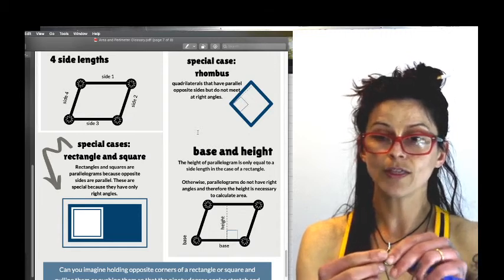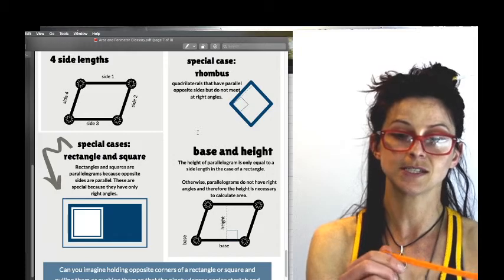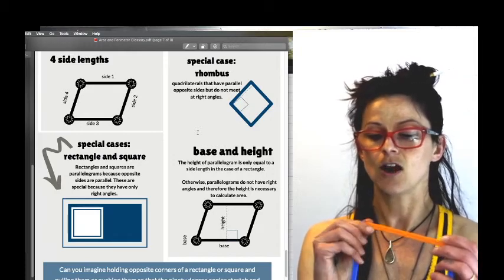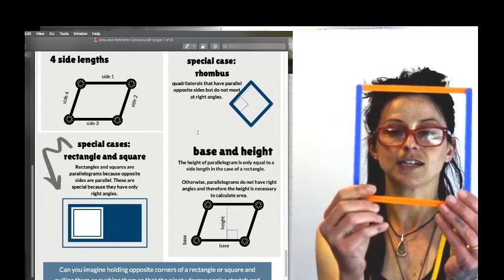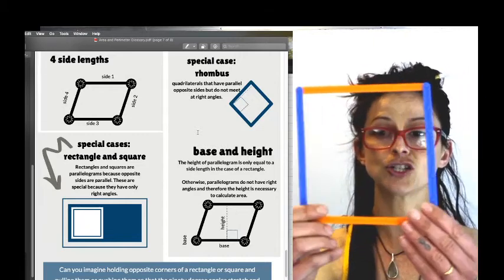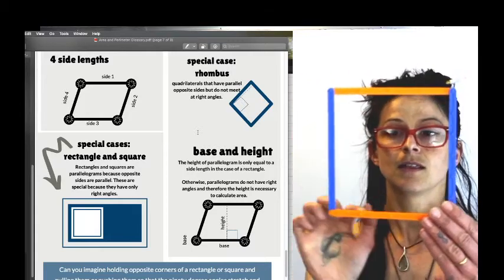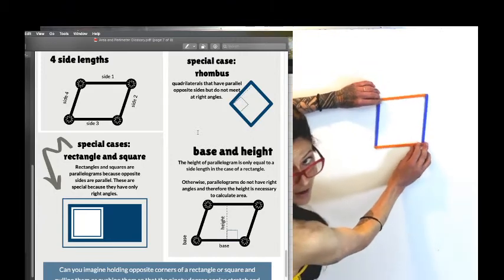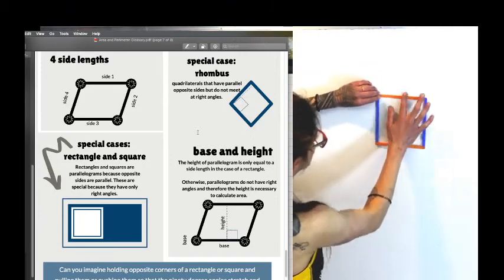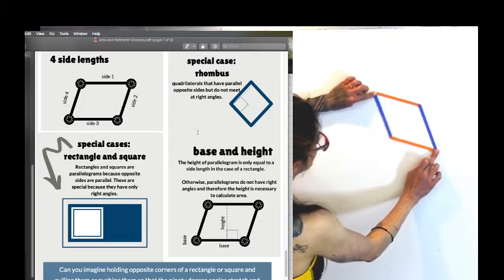So all that's necessary for a parallelogram is that opposite sides are parallel. When opposite sides are parallel, that also means that they must be the same length. So here I have a rectangle. If I chose 4 lengths that were all the same length, then it would be a square. But I have my rectangle, opposite sides are parallel and congruent, and then as I pull opposite vertices